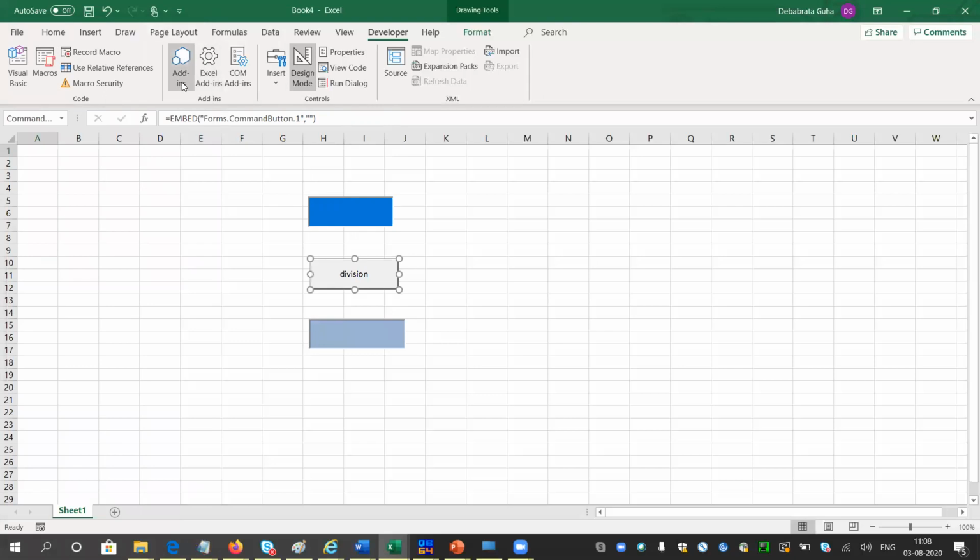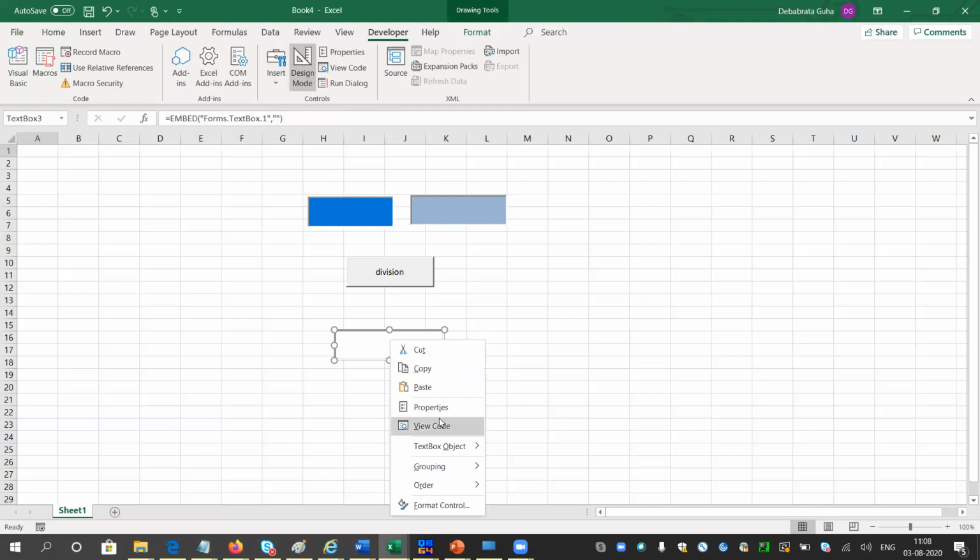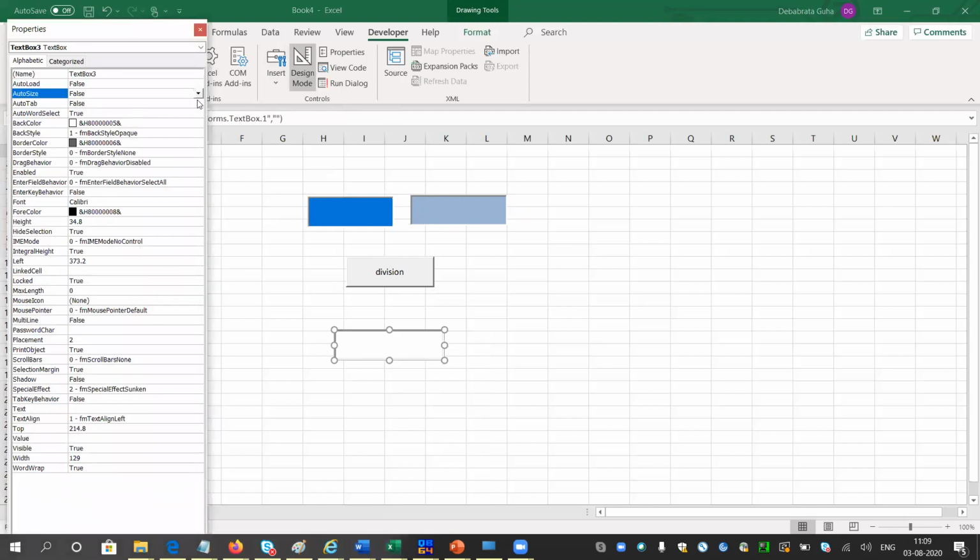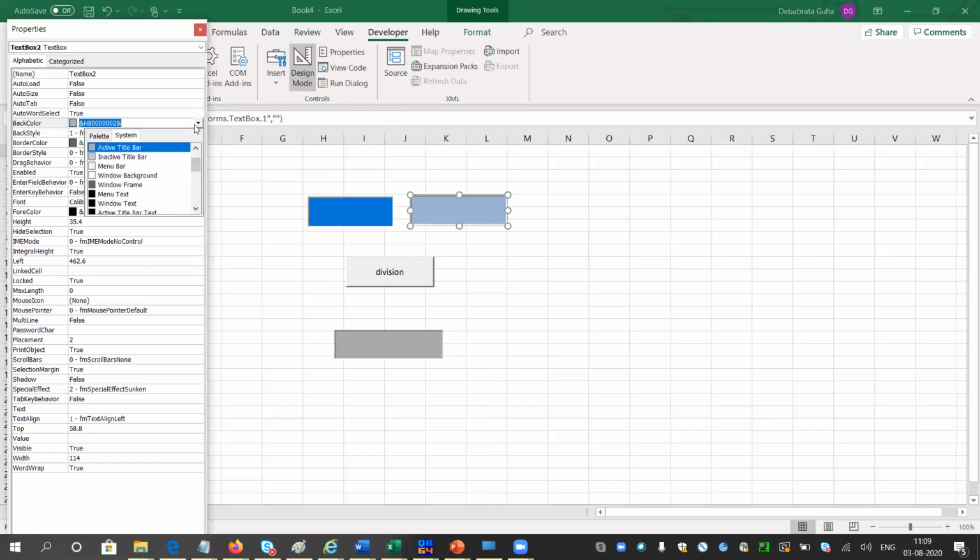I need to introduce another variable, another two numbers actually. So I insert another text box where I will store the result. Let me change the color for that as well. Where is the back color? Yeah, back color. You can try this on your local computer. Let me give it blue. It is not important at all.